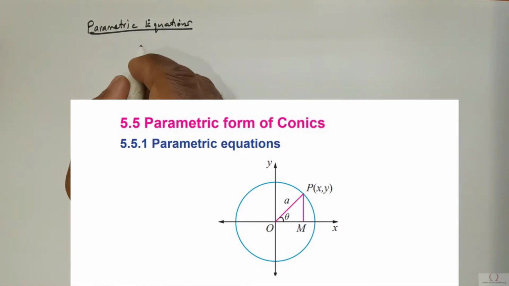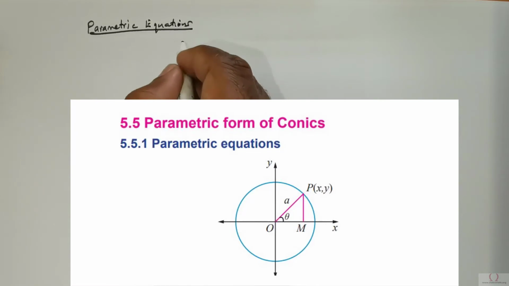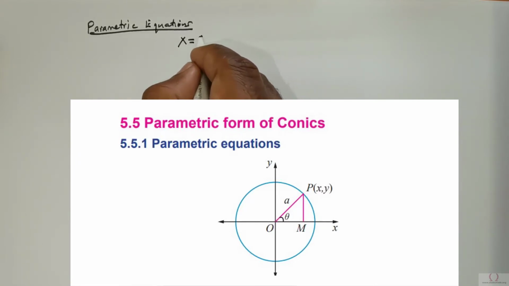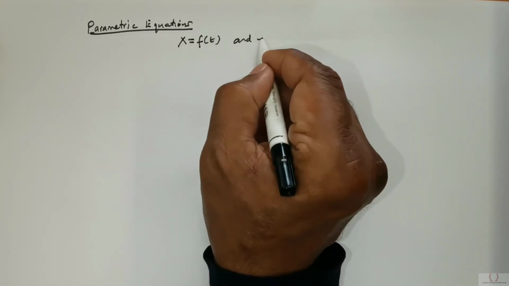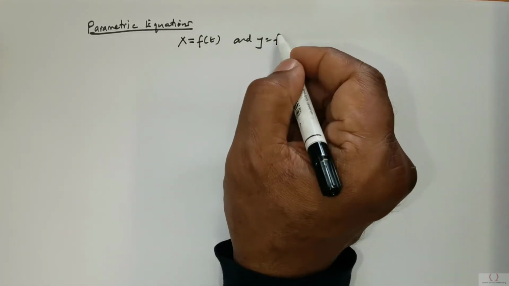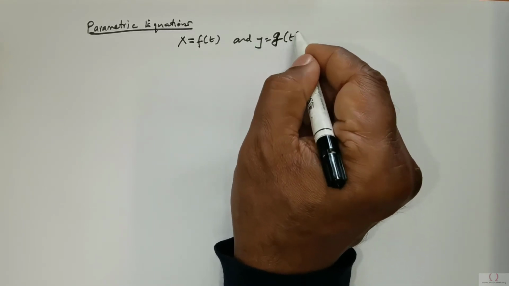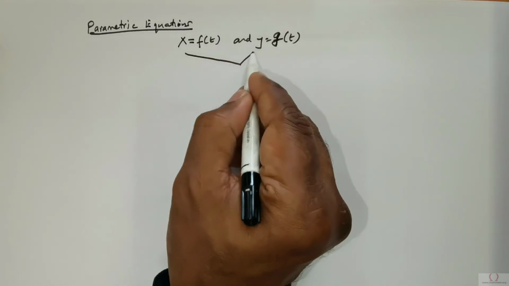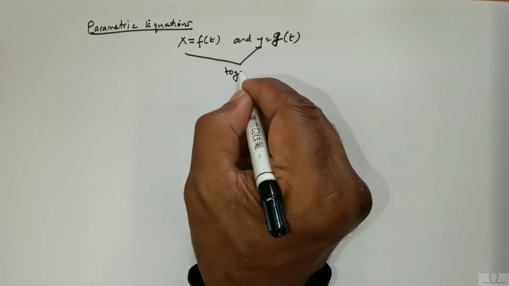Welcome back, students. In this class we will be studying about parametric equations. Now you have to understand what is a parametric equation. If you are able to find x which is a function of t, and some y which is also a function of t, in this case I have to write it as g of t, and these two, x and y together